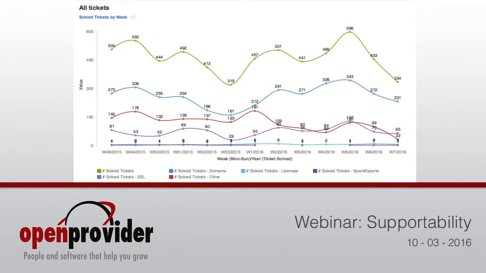This way, we can investigate further if we can do something to change the current situation. If in a week we see different questions from the same customer about domains, for example, we can investigate why this is happening. We can check some tickets and then decide if we can help him in a different way than by answering all tickets one by one. Maybe a Skype meeting will be more efficient, for example.